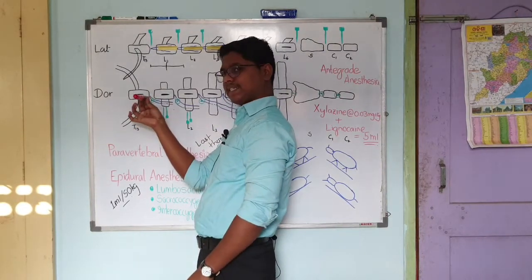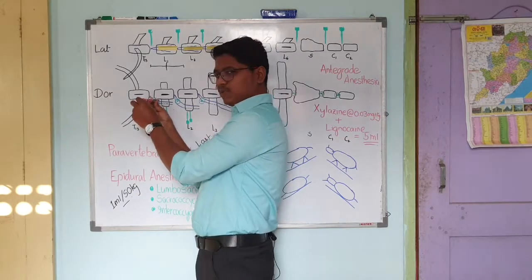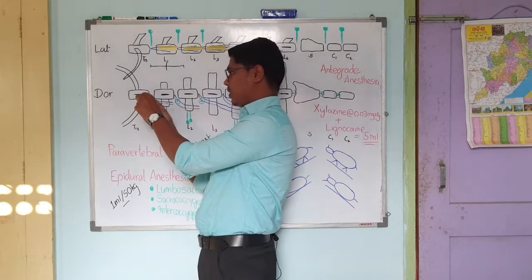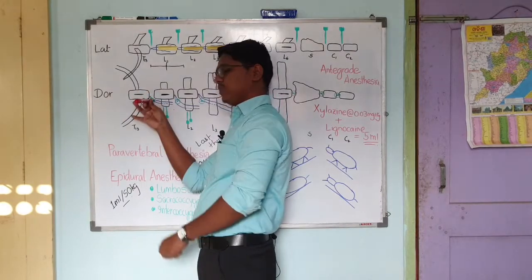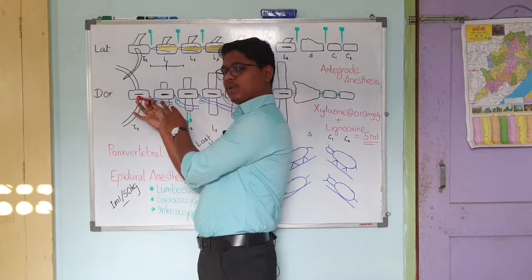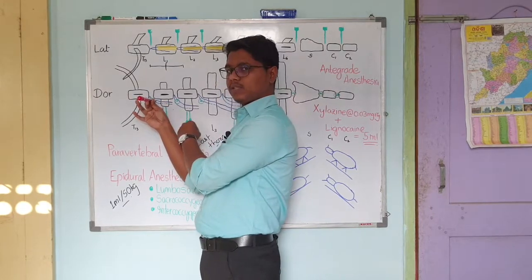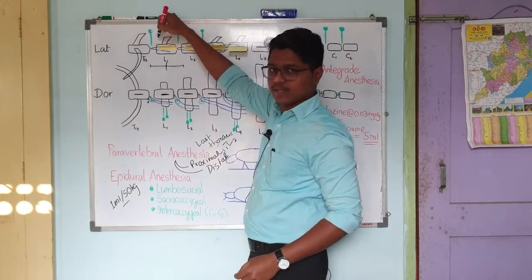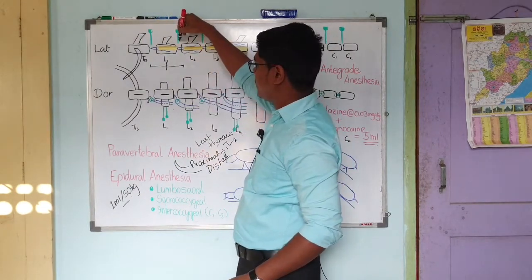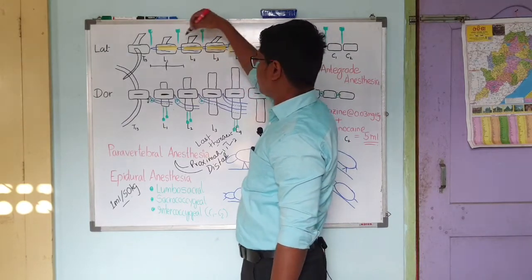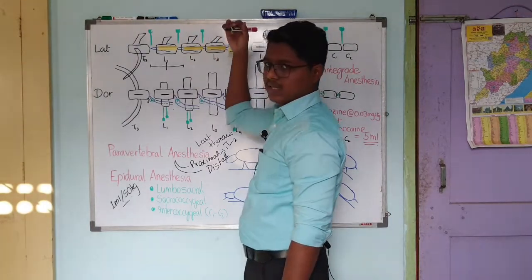Here I will stab, then slightly push, because skin is flexible, towards the abdomen. Then I will push and deposit 5 ml. Then I will retract my needle, and at half length I will give another 5 ml of lignocaine hydrochloride. This is for the T13 nerve. Similarly, you have to do it for L1, between L1 and L2. For L2, between L2 and L3.